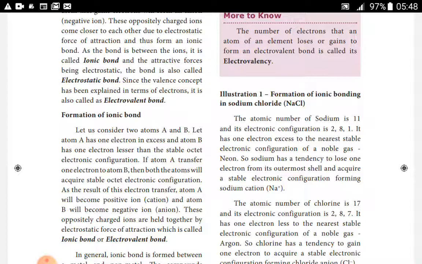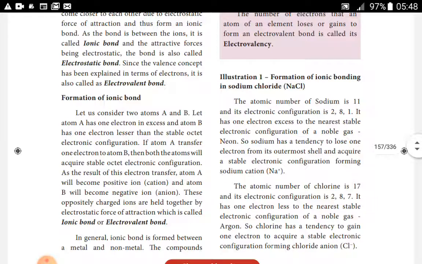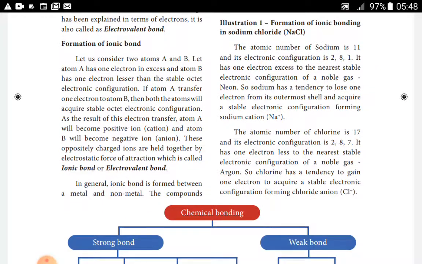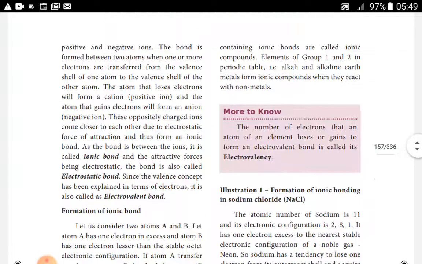And this kind of bonding combination is called ionic bond or electrovalent bond or electrostatic bond. In general, ionic bond is formed between metal and non-metal. So normally metals are ready to donate electrons. Metals are electropositive in nature. Non-metals are electronegative in nature. So the compounds containing ionic bond are called ionic compounds, like